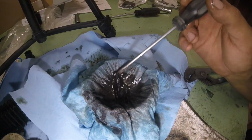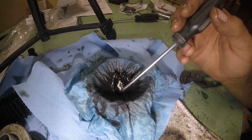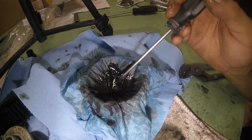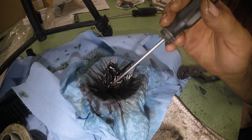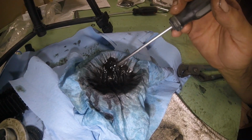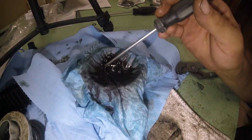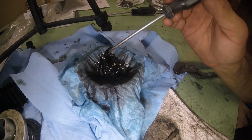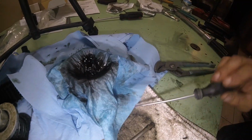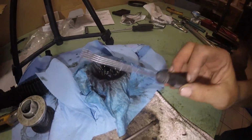So this has been sitting here for quite some time. This is just carbon. What I was looking for was metal flake, glitter. There was a little bit in the oil when I changed it, but I forgot I put those roller bearing trunnions in. Those could be wearing in. There's a number of things that could just be wearing in that would come from. So I don't know. I'm gonna change the lifters,